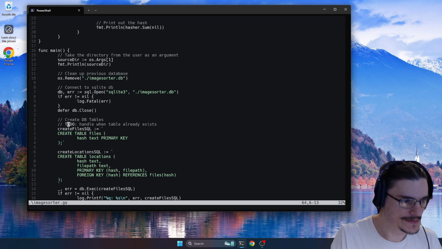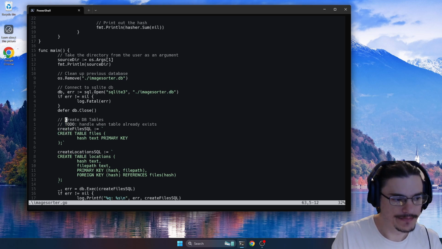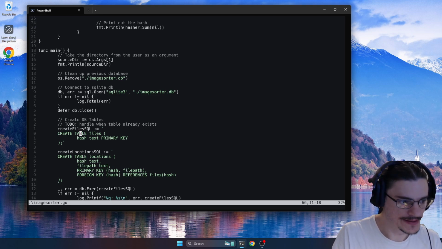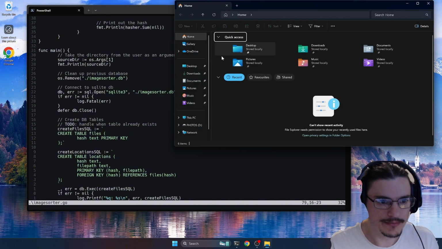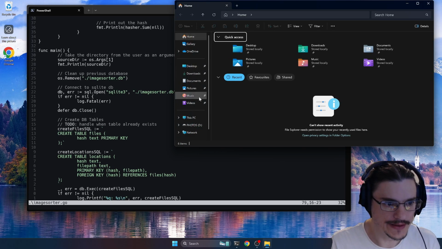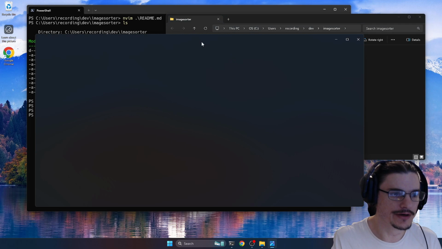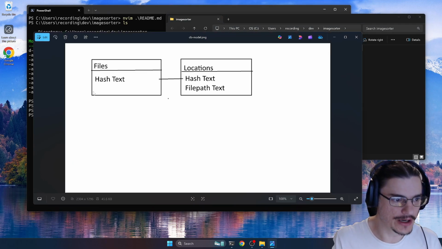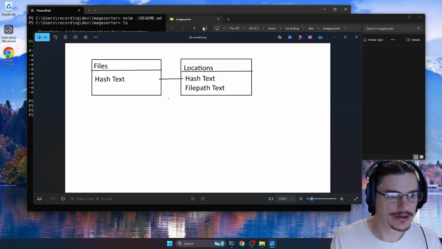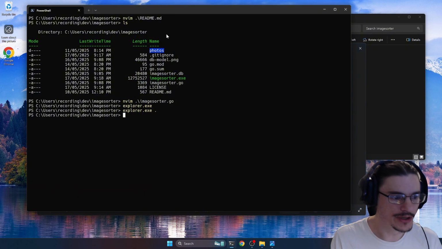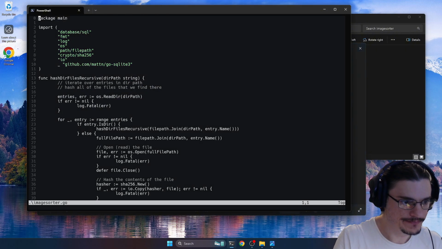In the last video, we set up these database tables. So we've got our files table and our locations table. Let me bring up the model so we can take a look. Okay, very, very simple model here. We have the files table and the locations table. And we've got all of this set up, but we're kind of faking it at the moment, especially with the